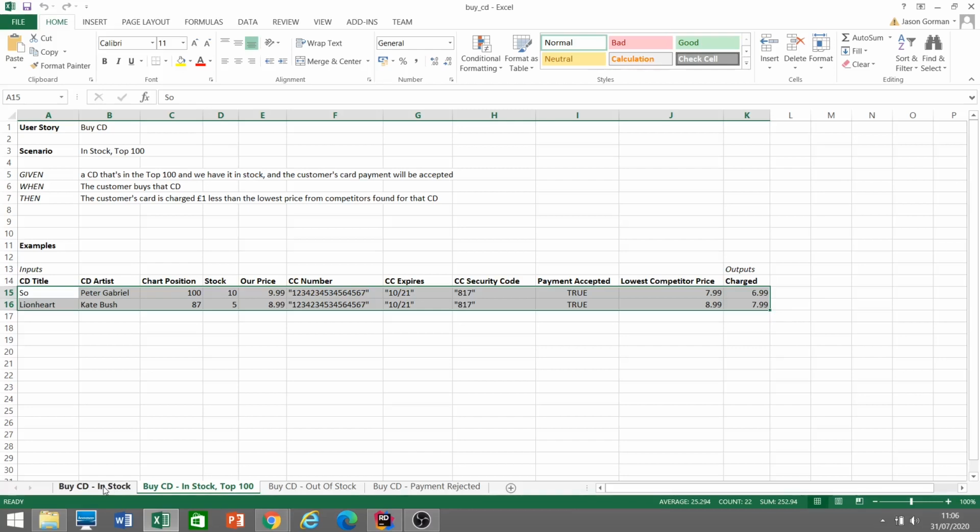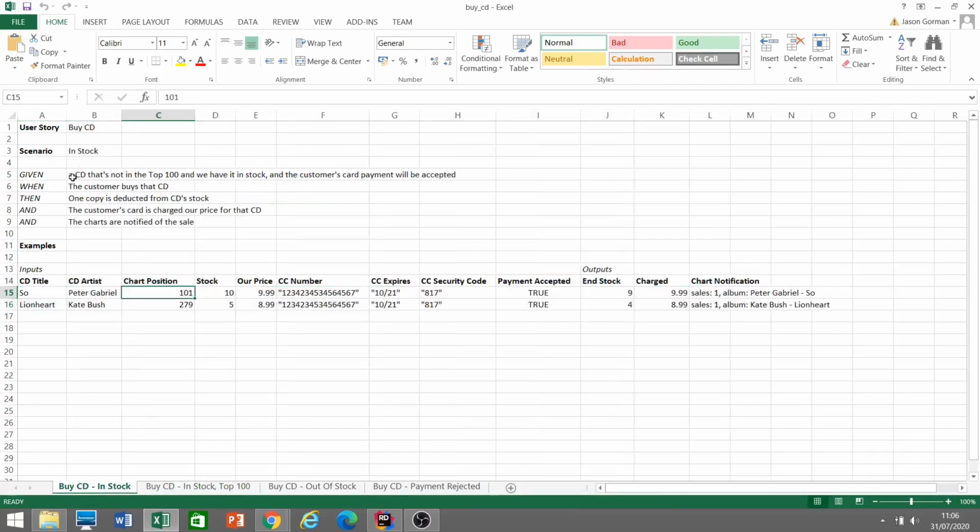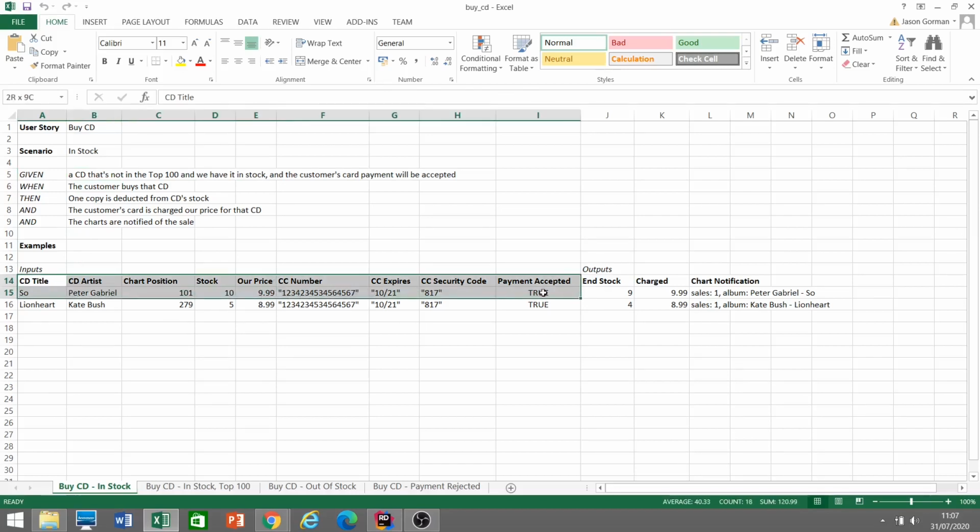What we do, once we've captured each scenario, because again, there's still question marks here: what CD? What is its chart position? How much stock is there? And so on and so forth. So we fill in those gaps. If you think of those as being like parameters of a parameterized test, let's populate those parameters with real test data. And this is where